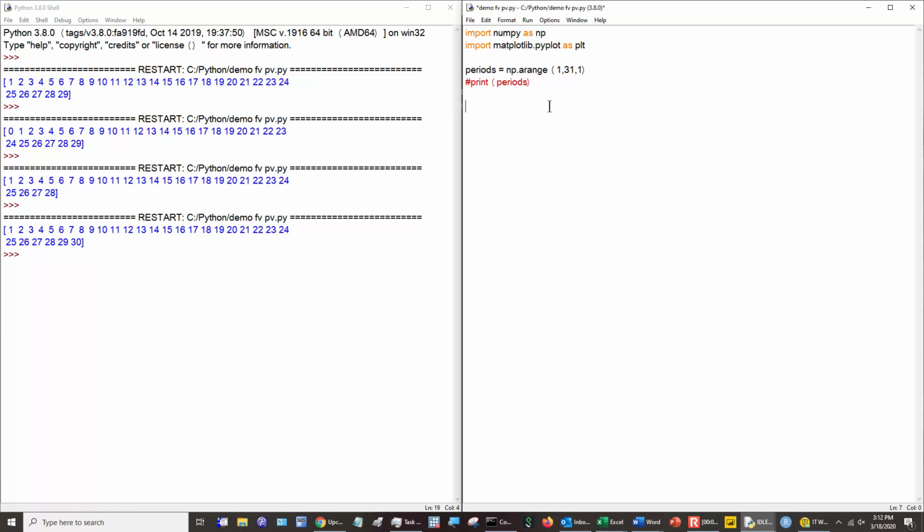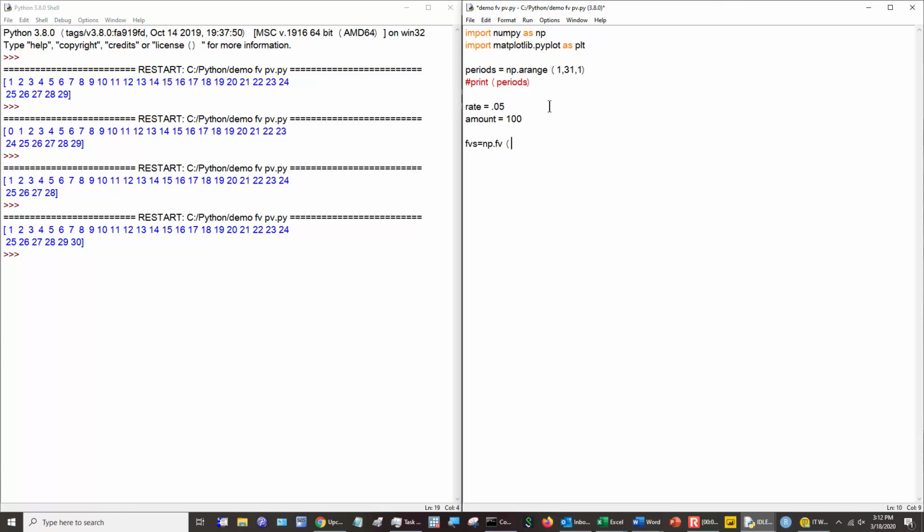Now I'm going to set a few things up here. I'm going to select a rate. Now I could set this up so that the user is asked for it, but right now what I'm going to do is just simply put some values in here, and I'm going to have an amount of 100. Now I'm going to use Numpy to calculate a whole bunch of future values. So the way I'm going to do this is I'm going to call them future values, because I have a whole bunch, but you can make up whatever name you want, equals numpy dot future value, which is a function